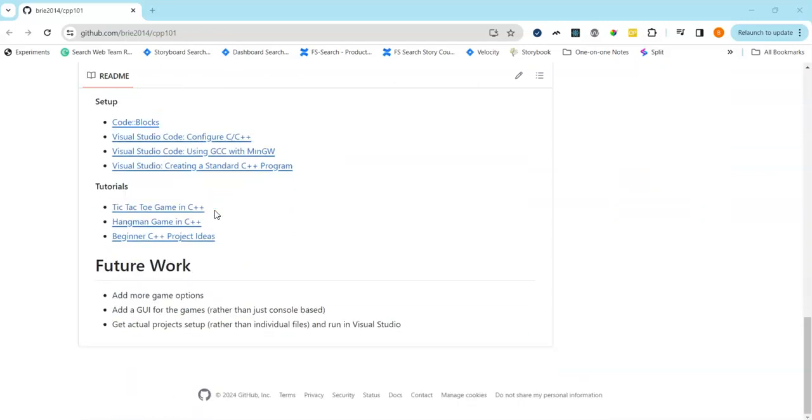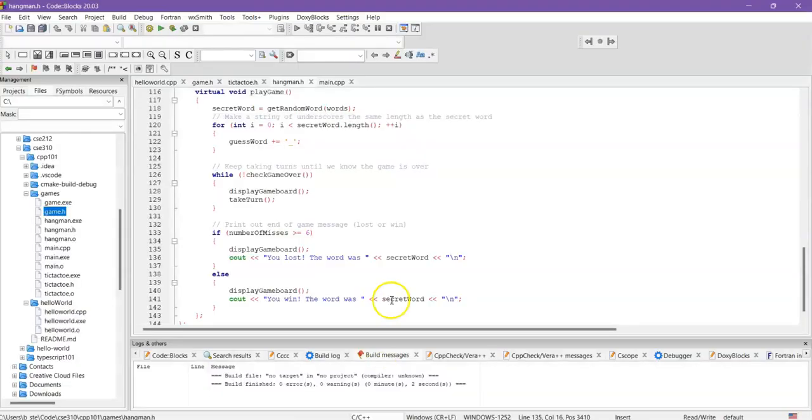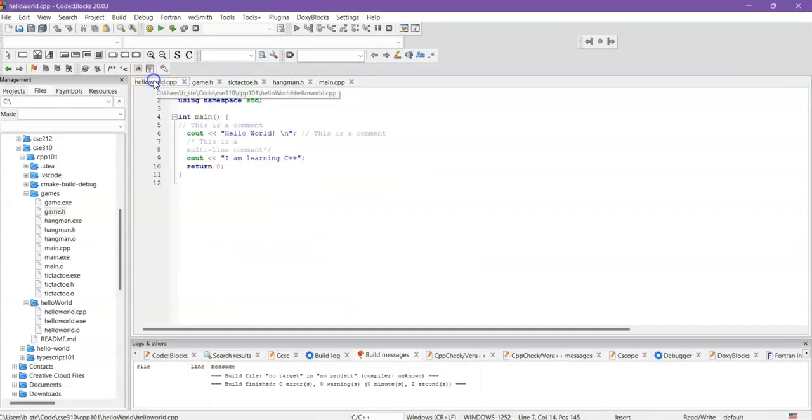You can look at the README if you need some extra links or help, but let's go ahead and dig into the code. So looking at the code, you can start out with a basic Hello World app. I would recommend following the W3 tutorial if you're new to C++ to get a hold of some of those basics. This is just to do some console output, but let's go ahead and take a look at our main